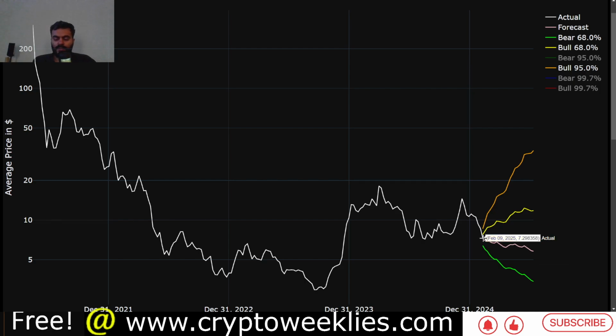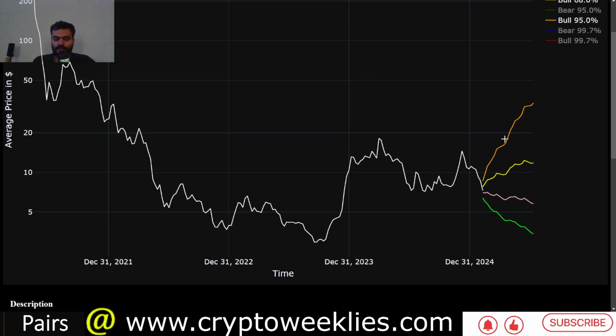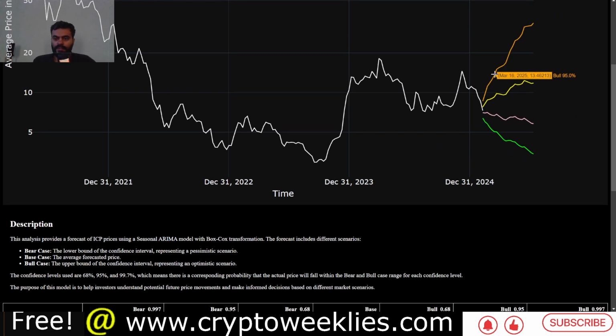If, on the other hand, there is a euphoria case in the market, the 95 percentile bull case or a 2 standard deviation bull case for ICP, like for example what happened between October 2023 till January 2024, that kind of euphoria case for ICP in the coming weeks could be between $8.60 price and about $33 or $34. If you want to know these forecasts in tabular format, again you can see that the week by